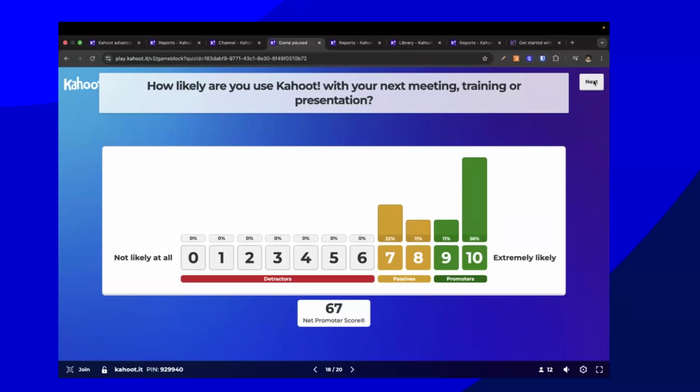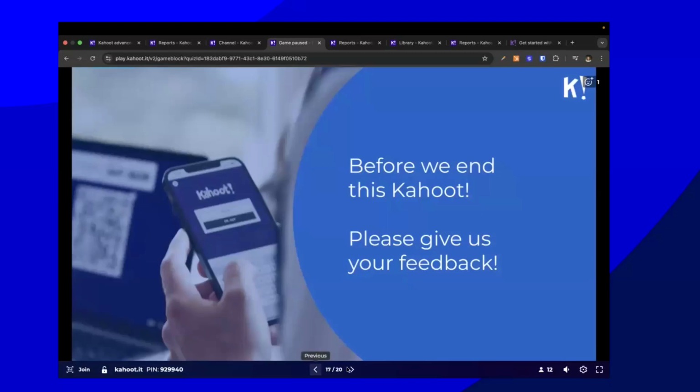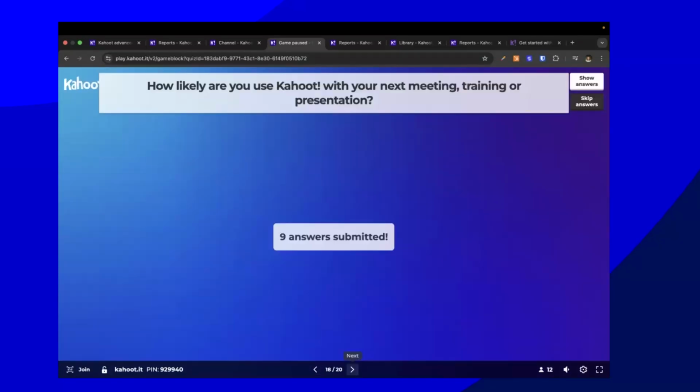Okay, very good. So over half of you said you're extremely likely to use it. What I recommend is practice makes perfect. Play around with it. It's a great tool. As I said, maybe somebody in the audience asks you to go back to a question. You can, of course, toggle back and forth in this, which is great. It's very seamless in that. I don't need to go back over the answers again.